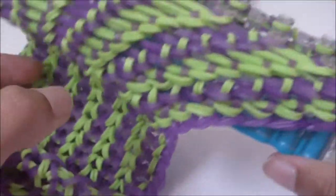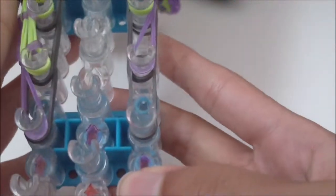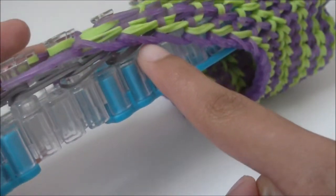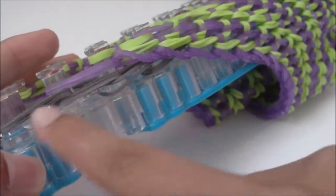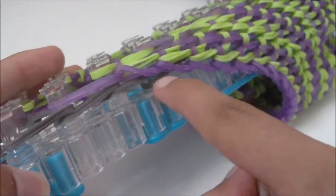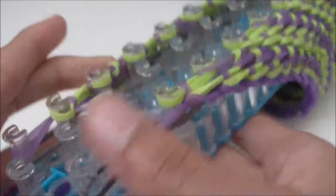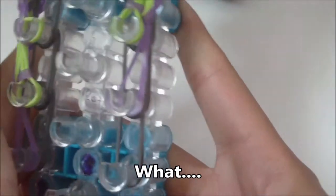Now anyway, to take your little pencil pouch, hopefully soon to be pencil pouch, off of your loom, you're going to start with the arrows pointing away from you, and we're going to loom this bottom layer of rubber bands now. So the bottom layer that you've been ignoring this whole time, you're finally going to pay attention to it, and finally show it some love and loom it. Now, before we loom this little single chain here,